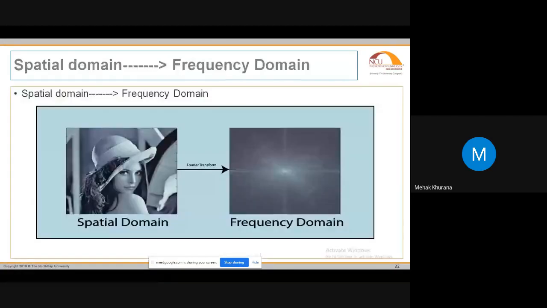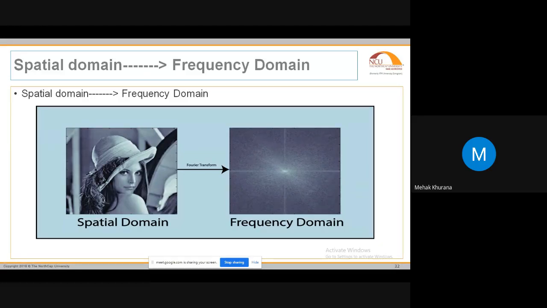Next, sir. Now this is one of the examples where you can see the spatial domain. This is the Lena image. Everybody knows this is a very common image that is normally used to transfer information. This Lena image shows the spatial domain, because this is the normal image visible to you, and here I might have embedded the content. But when I convert it to the frequency domain, you can see a frequency representation, in a dotted, black and white format, which shows that this is a frequency.